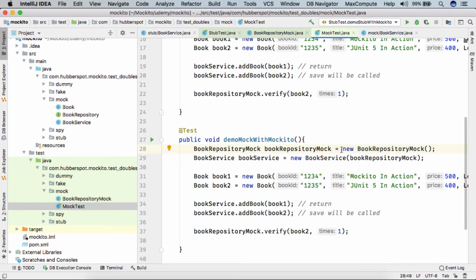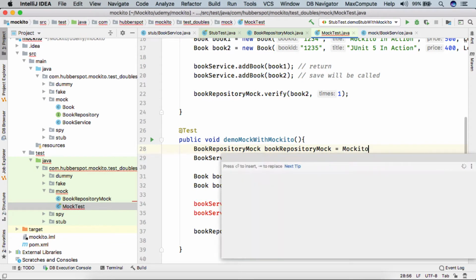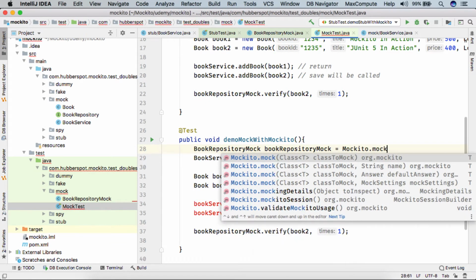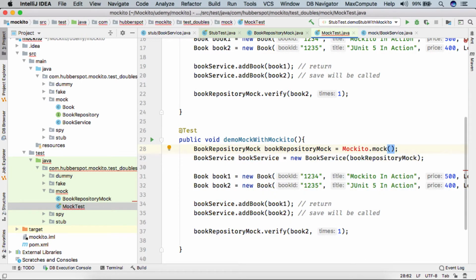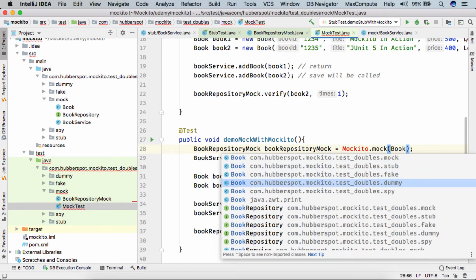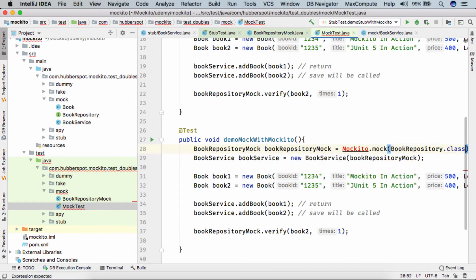We take the help of Mockito to create this mock test double. The way to create it is we call Mockito.mock, and inside this method we provide the class name for which we want to create the mock. So we simply provide BookRepository.class. We'll import Mockito.